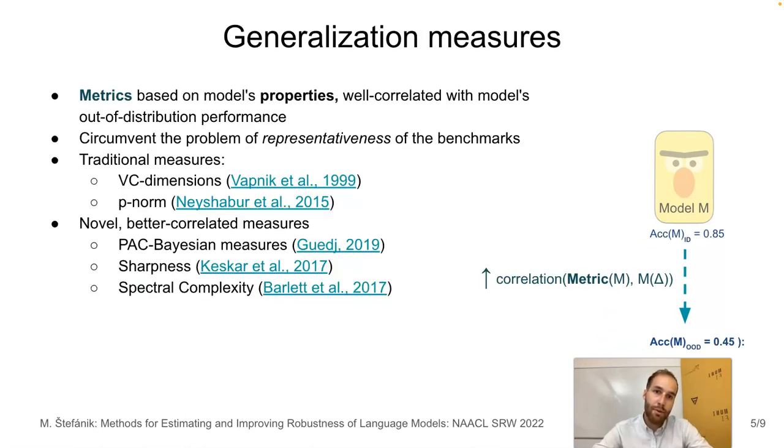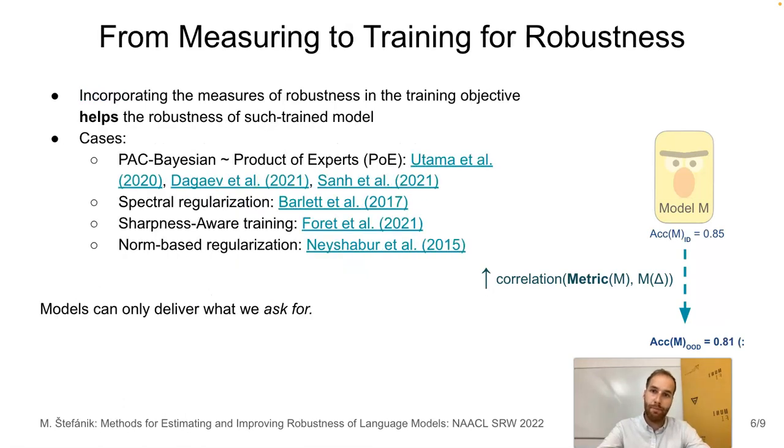The so-called generalization measures based on the model properties aim to circumvent the problem of benchmark representativeness. A quality of such metric can be measured by its correlation to the performance drops of the inspected model. Traditionally, such measures were bound to the expressiveness of the model, where larger models were expected to generalize worse. More recent measures are based on the model representation consistency under the model or input adjustments, for instance using dropout or altering the samples without changing their class. Other measures observe the variance of activations or gradients of the neural model.